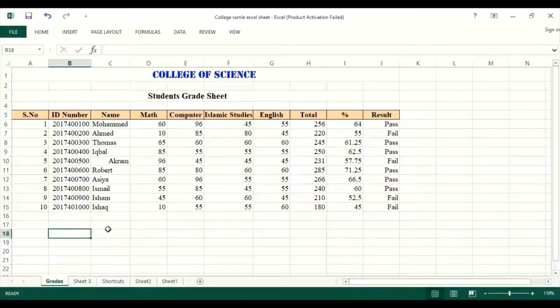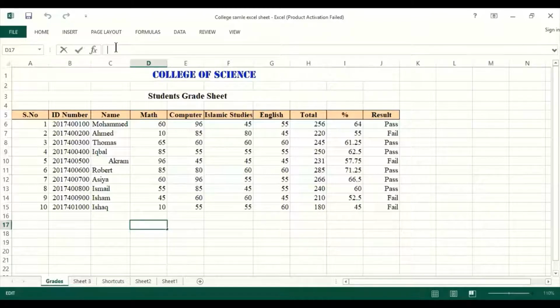Now I want to calculate the maximum value of the maths column. For example, I want to calculate the maximum marks in the mathematics subject. So how could I calculate the maximum marks? I will apply that formula. First of all, you have to select the cell address where you want to display the maximum value of a column. For example, here, this one is D17. In D17, I want to display the maximum marks of mathematics. After selecting the cell address, I have to move towards the FX window or formula bar.